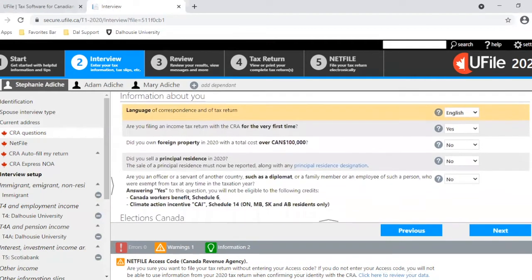The next question asks, did you own foreign property in 2020 with a total cost of Canadian $100,000 or more? This is property in my home country or another country that I've lived in. If I own this property and it's a total value of 100,000 Canadian dollars or more, I would indicate yes, but I don't own any property, businesses, or any assets in my country or any other countries. So I'm putting no. The next question is asking if I sold a principal residence. So if I sold a house or an apartment in 2020,